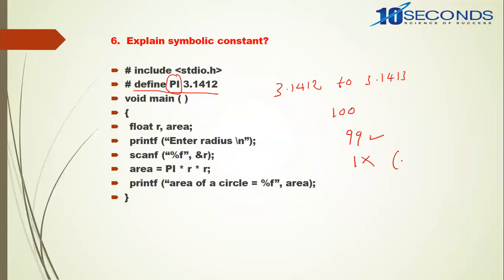So this will lead to logical error. Nobody will be there to warn. I already explained logical errors are the most dangerous errors on the planet Earth. So symbolic constants play a very important role in eliminating logical errors. If you tell this answer, the interviewer will come to know you have analyzed the subject from a practical point of view.